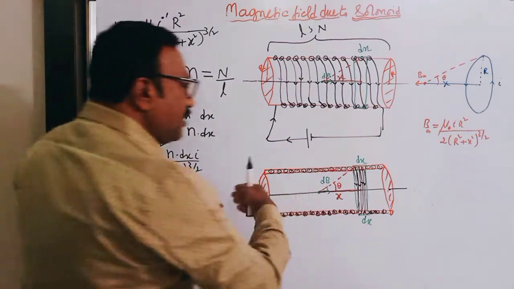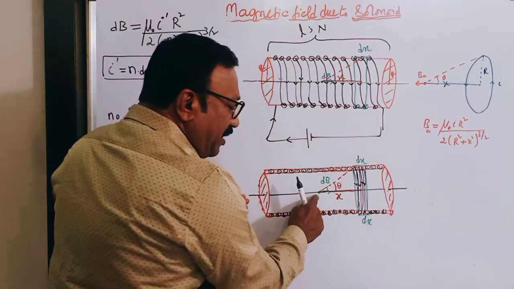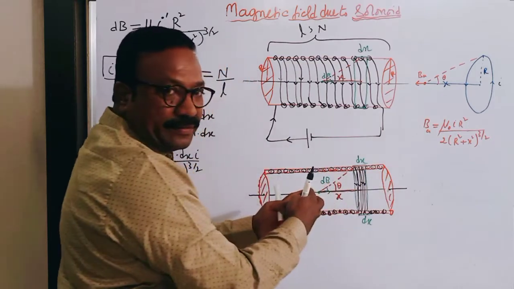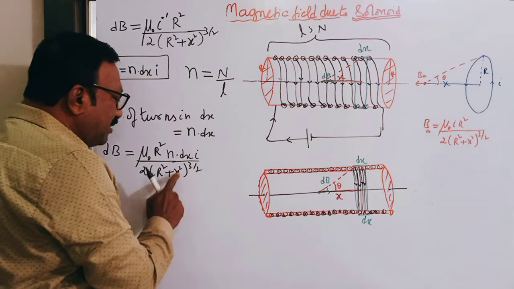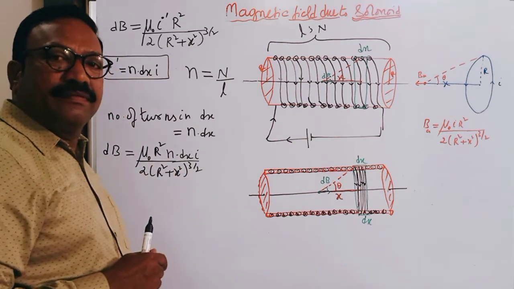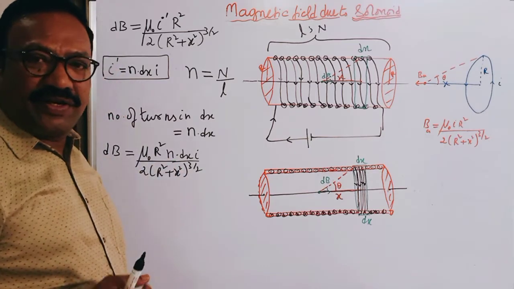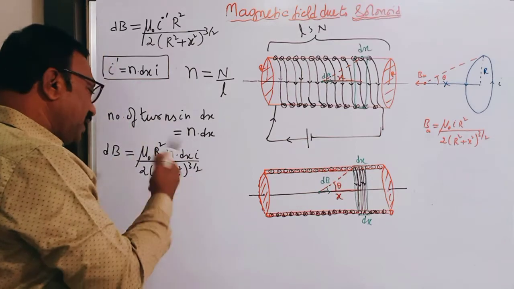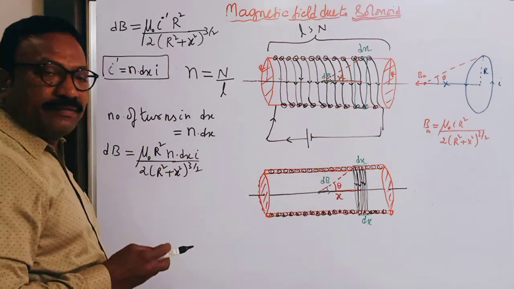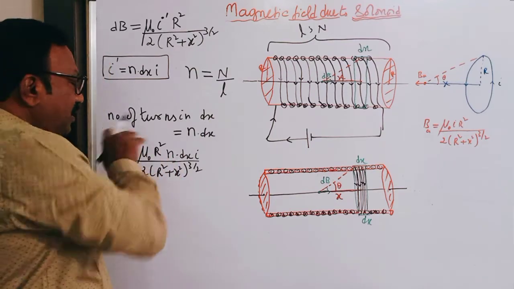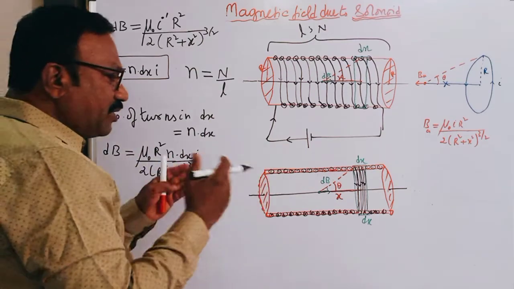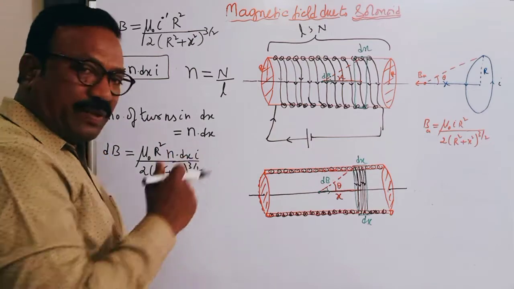So I got an expression for a magnetic field dB due to this elemental ring now. In order to find the total magnetic field here due to this total solenoid, I told that I have to integrate dB. While integrating, x is not suitable for me, x and dx are becoming complicated for integration. So I want to change this variable from x to theta. So let us bring some relation in order to eliminate x and dx, so that theta will come into the picture. Then the integration will become easy for us, and I'll explain that.